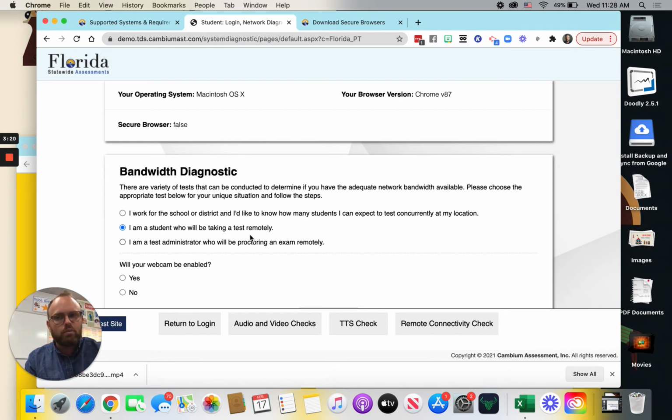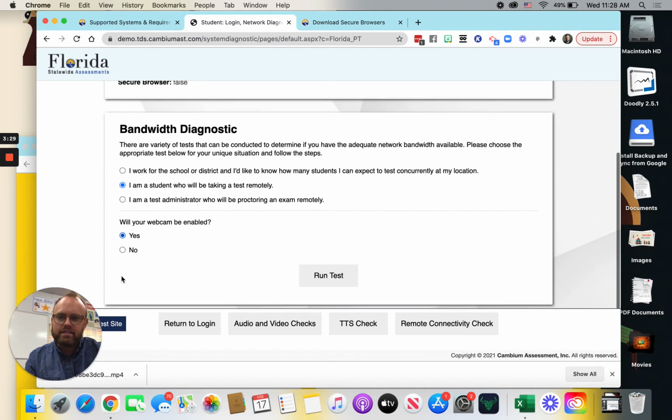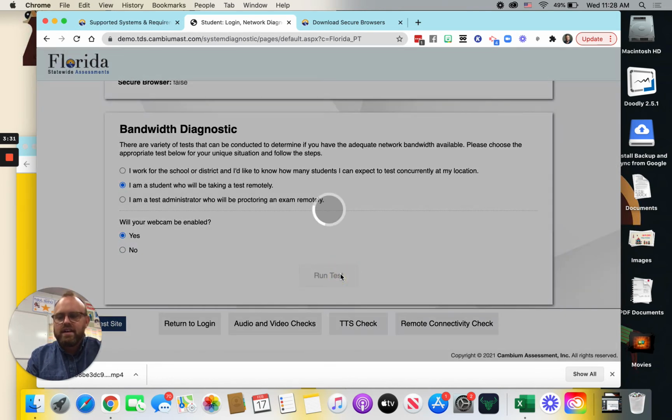But if you're at home, you want to make sure that your internet's fast enough. Will your webcam be enabled? Go ahead and click yes, okay, because that's going to be the optimal thing that it's going to test for. And go ahead and run the test. This takes anywhere between 20-30 seconds, and then it will produce a result to you that will say, yes, it works, it's fast enough, or no, I'm going to need some